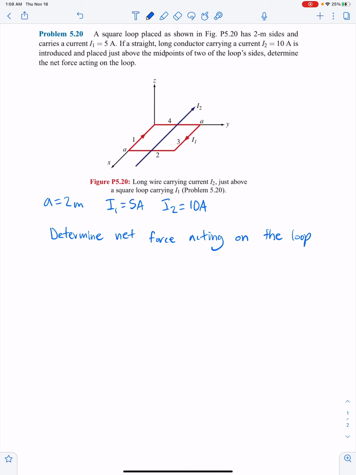Okay, so the way we want to do this is we want to look at the forces on each section of the loop. So we want to look at 1, 2, 3, 4 separately. We can start by determining the force on section 1, this one. So I'm going to say F1 is equal to the current of our long conductor times the length as a vector with the cross product of the